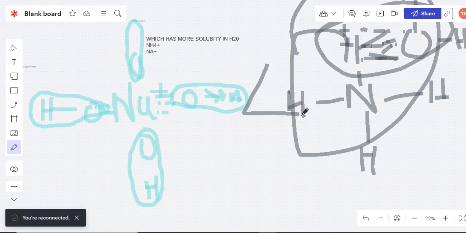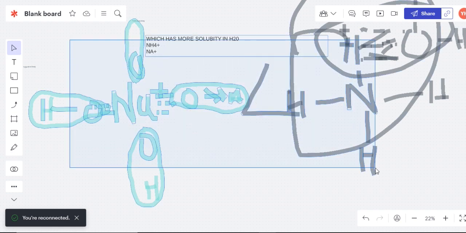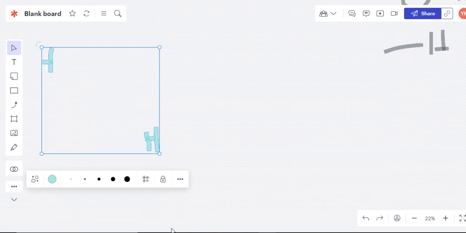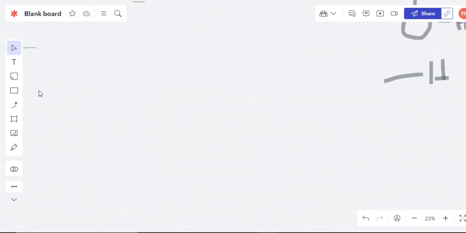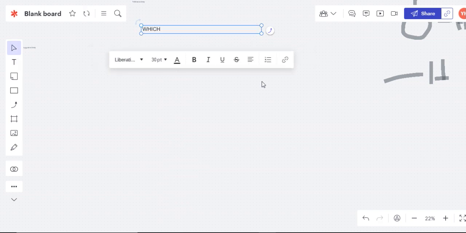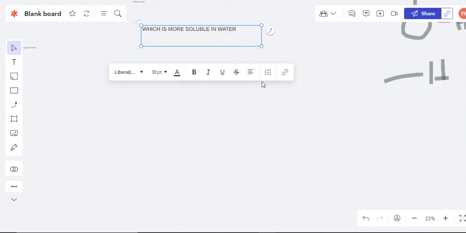So next, let's move toward the next question here. Let's erase it. Let's move toward the next question. Okay, I'm writing the question here: which is more soluble in water? So then we have two examples. First is ROH, which is alcohol, and the other one is